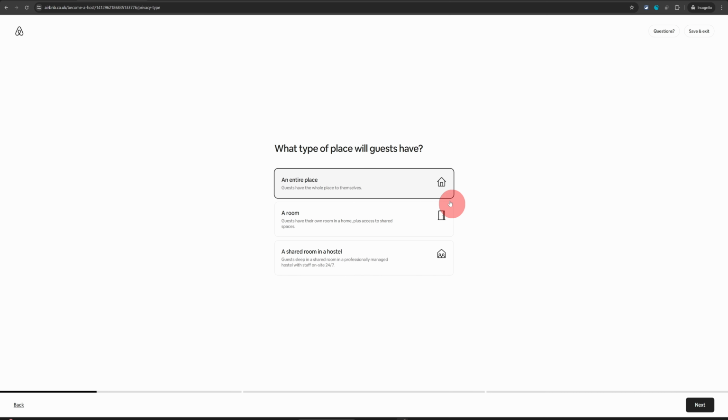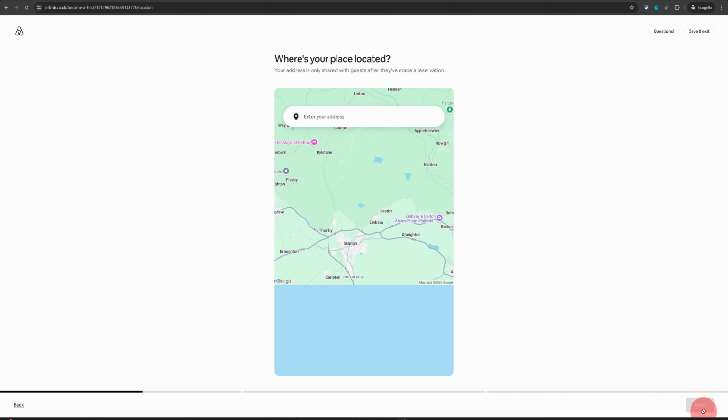And then you will choose an entire space, click on Next, and just carry on entering the address and the rest of the listing creation process. If you're not sure exactly how to move on from this step, I will leave a link to another video which I have created earlier on, which would guide you through each and every step of creating an entire listing